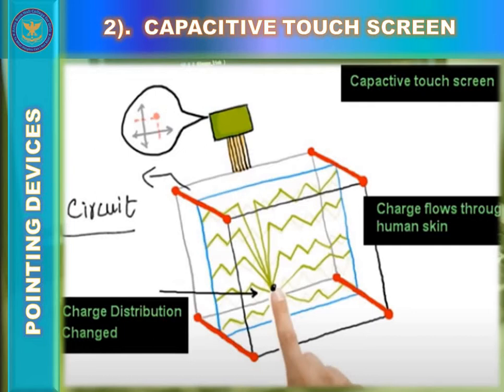From the point of contact, you can see the electric charge is drawn to other angles. It is scattered.